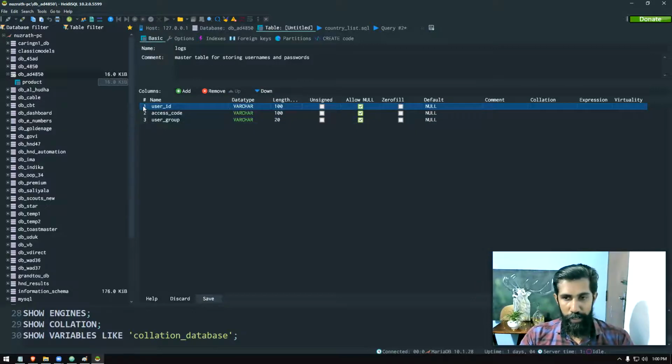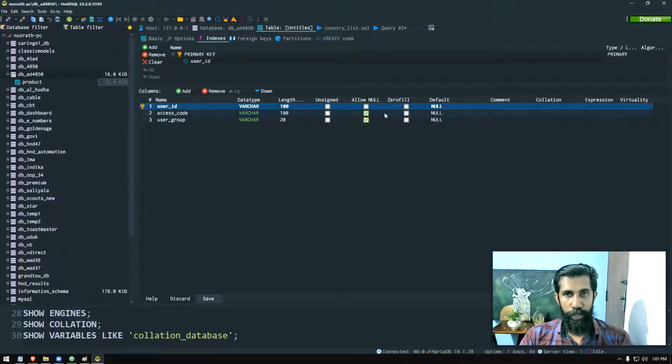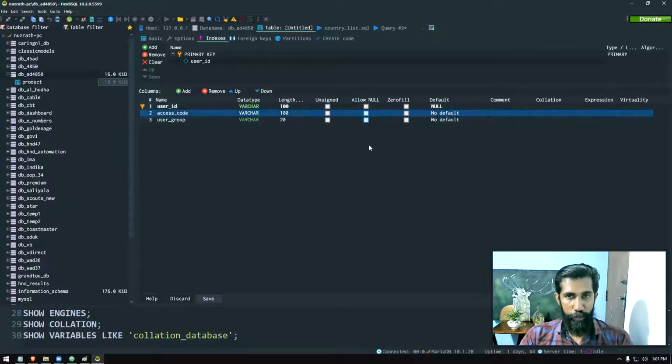That is going to be the email address we're going to use. So, you know, email addresses are unique. So we're going to use the email addresses as the user IDs, and they cannot be repeated because it's going to be the primary key. Right clicking on it, select create new index, choose primary. Right, so we don't need any of the other things. These things cannot be blank anyways. Allow null, I'm removing. No default values also we are giving, right? So that's all the table that we have to create.